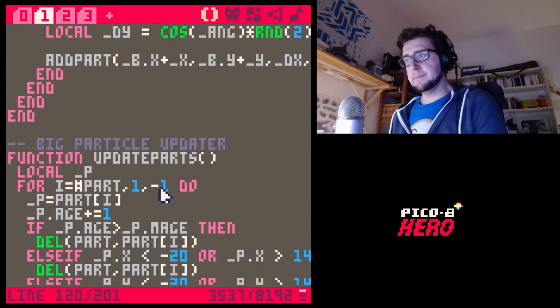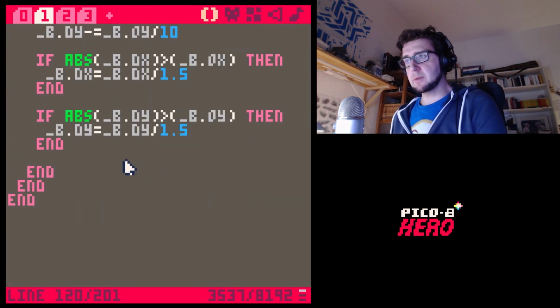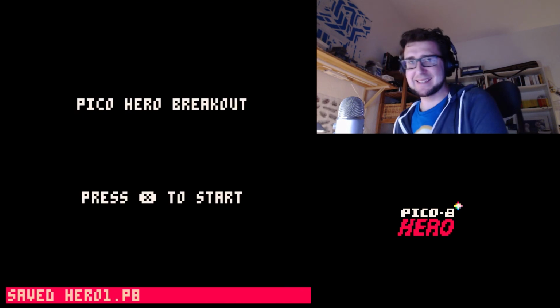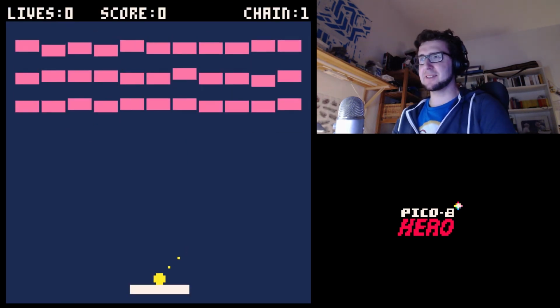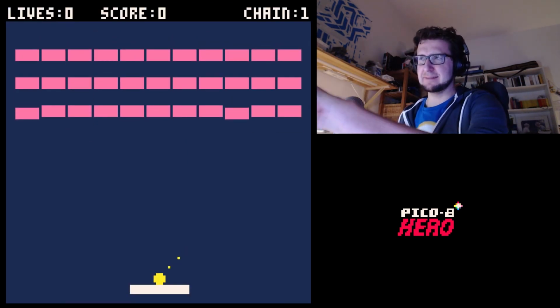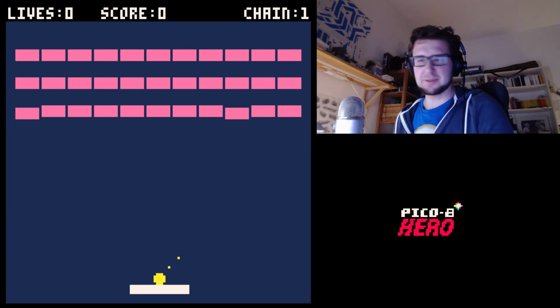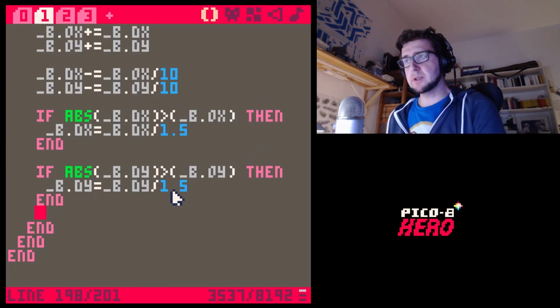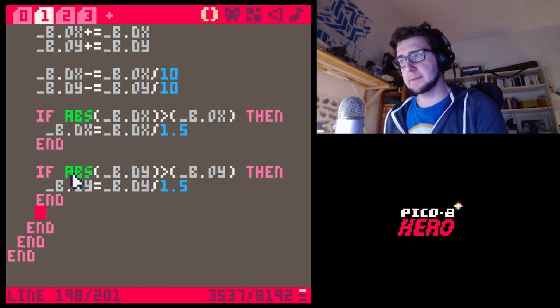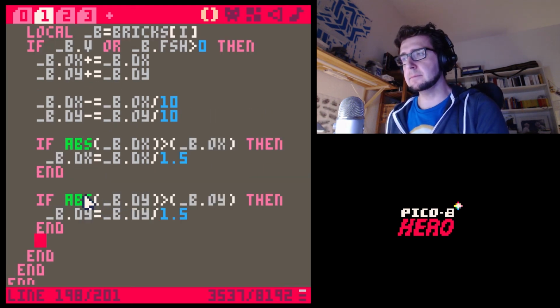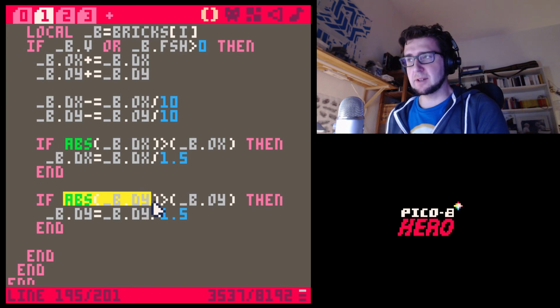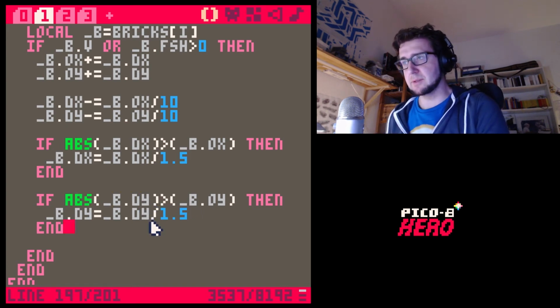Okay, almost done. So the only thing I want to do now is, you might have noticed that the bricks are not really well aligned when they come in. So I want to do a function that makes sure that if they're really close and if they're not moving at all, then we're just going to snap them back to their positions where they're supposed to be. So we're going to go like